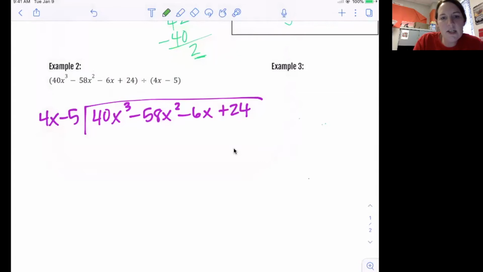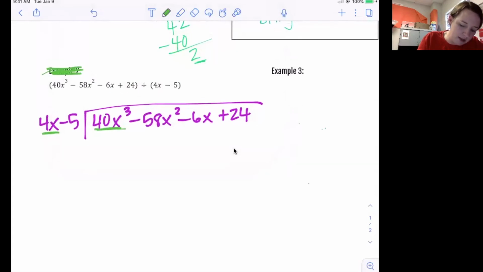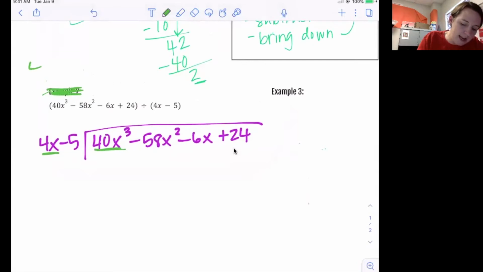So this is actually example number 3, even though my formatting is kind of messed up. I went ahead and set it up. The first term goes inside the house, second term goes on the outside. Once again, we're only looking at the first terms. So I'm going to think to myself, what is 40x cubed divided by 4x? I know that 40 divided by 4 is 10. x cubed divided by x is x squared. So we have 10x